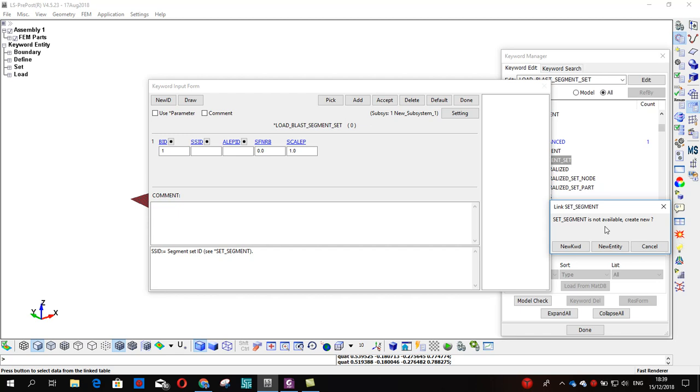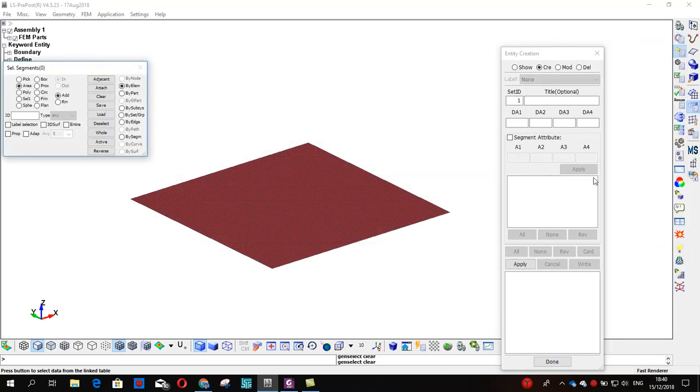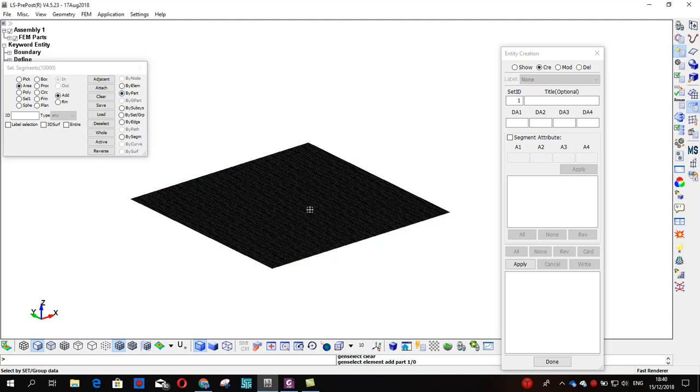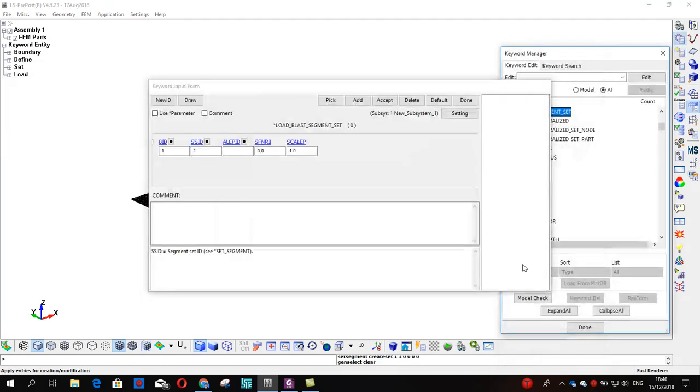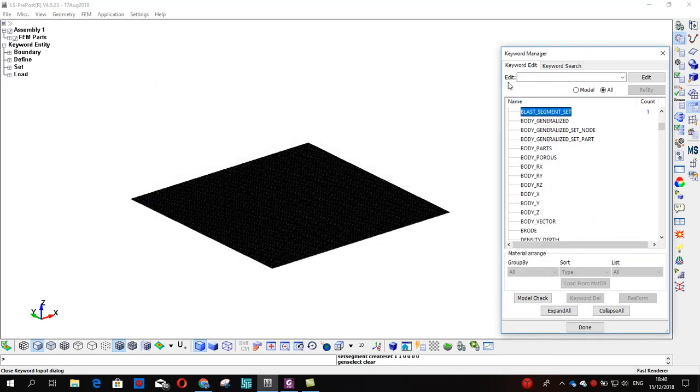Segment meaning the area or the group of surface that will be affected by the blast wall. So you want to create new, of course. How we create new? With new keyword or new entity. Click here, new entity is much easier. Then click on by part, click on here, then click on accept. Then you already have it here, number 1. Then accept. Okay,